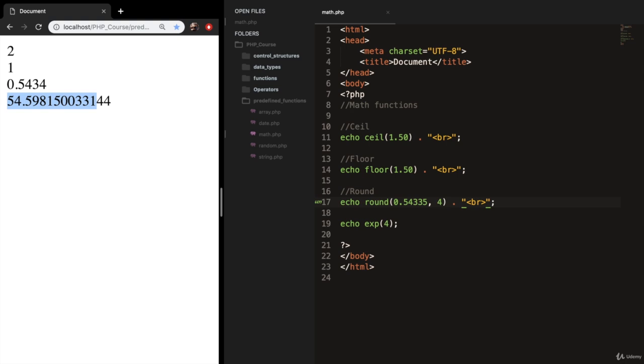These are the math functions I think are necessary for you to know. And of course, there are a lot more. And I recommend you go to the PHP website, because I won't be discussing them all, because there are more than